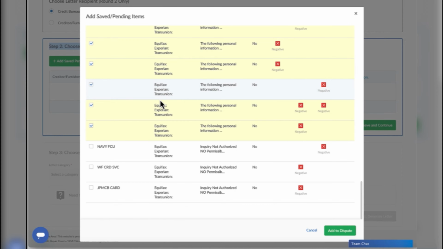I did notice this client's credit profile has a consumer statement. These often appear when you dispute something on your credit, they'll put a consumer statement, but we don't want anything on our consumer statement. So let's go ahead and hit add to dispute. We're going to hit save and continue, so we can go to step 3